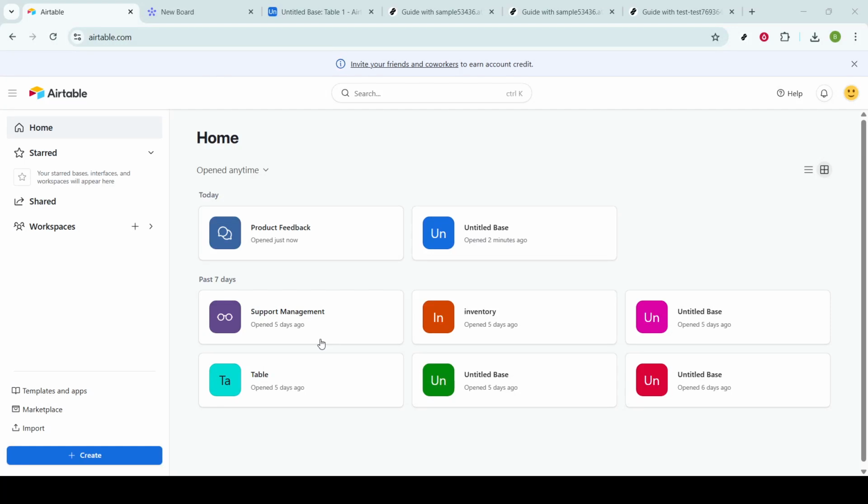In today's video, I'm going to teach you how to create a survey in Airtable. Airtable offers a versatile platform that combines the functionality of a database with a user-friendly interface, making it an excellent tool for creating surveys. Let's walk through the process step by step, ensuring you have a complete understanding of each